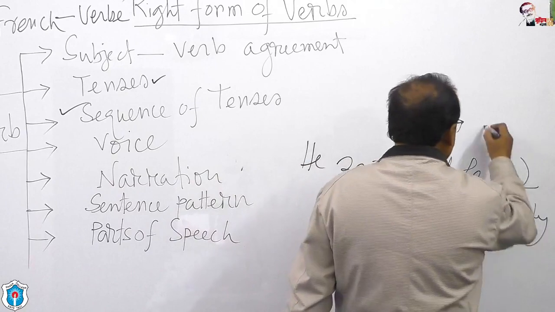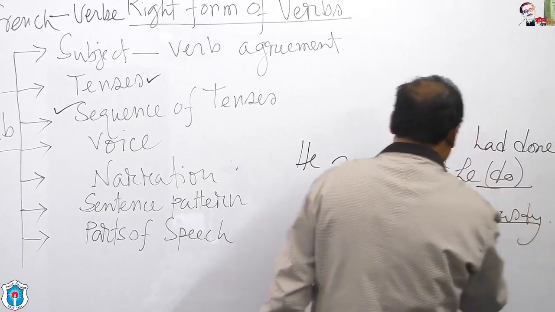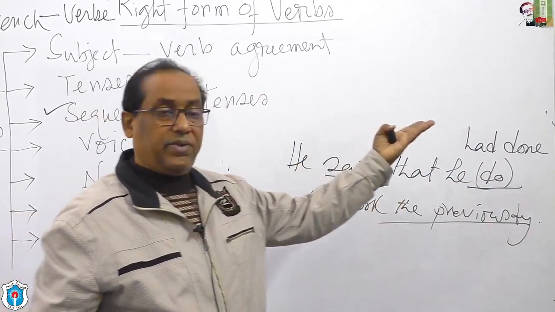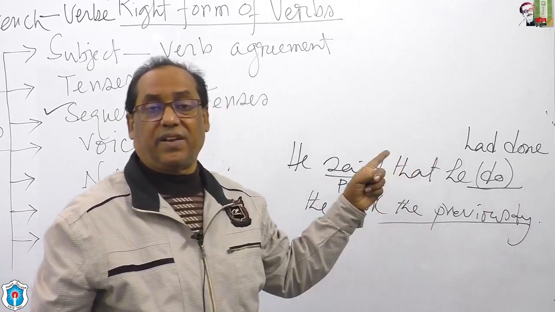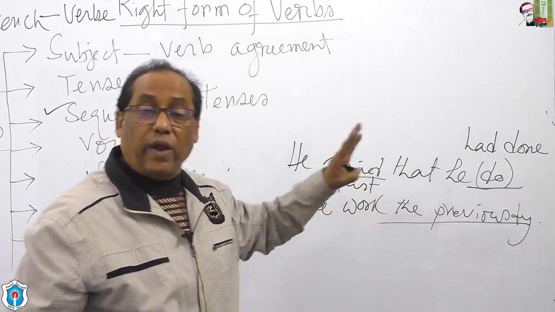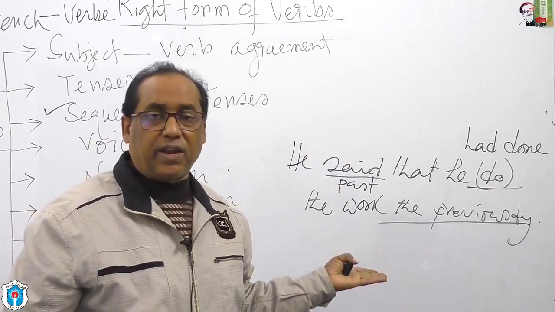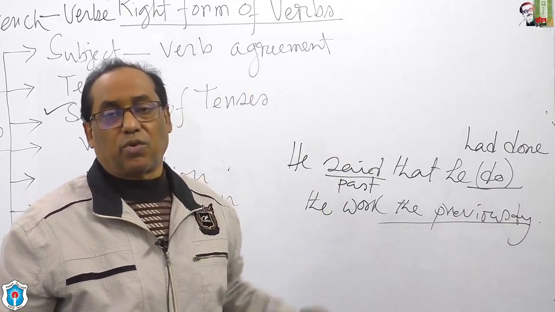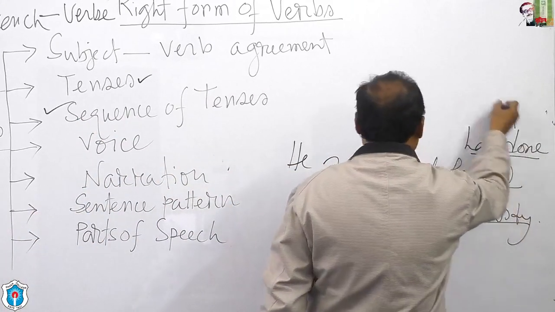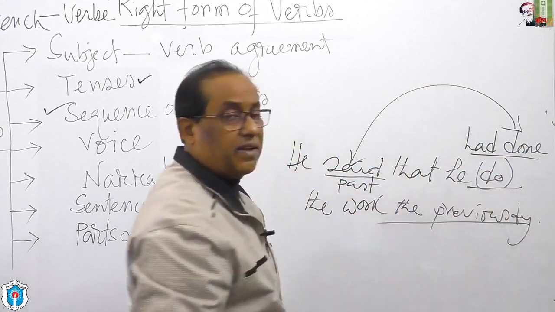It is past perfect. He had done. Why? Look, previous day. So in direct speech it was yesterday. So when it was yesterday, it was past indefinite. When it is transferred into indirect speech, the past indefinite tense transforms into past perfect. So here, had done. So there is a relation between said and had done, and this relation is called sequence